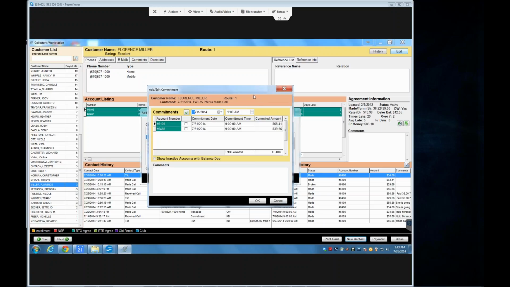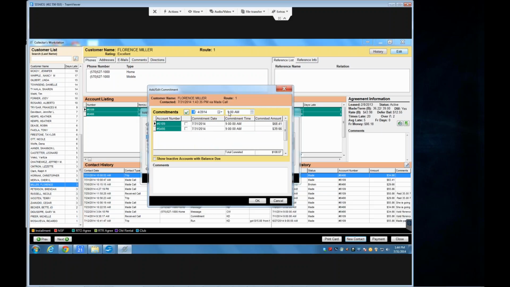That's why it wasn't showing the accounts. But I pulled up another account that has no commitment right now. So then I just say when they're committing for. So if I'm going to take a commitment, I'm going to take it for, let's say, August 4th at